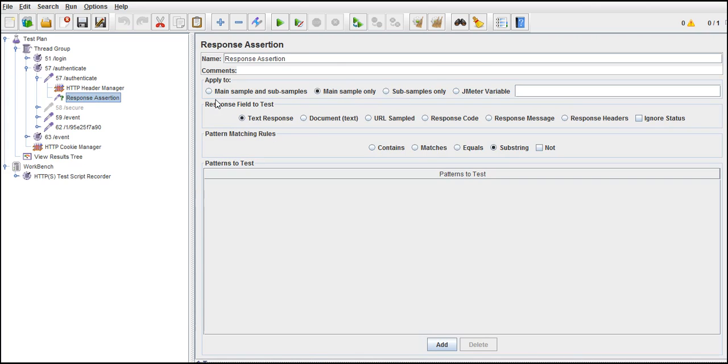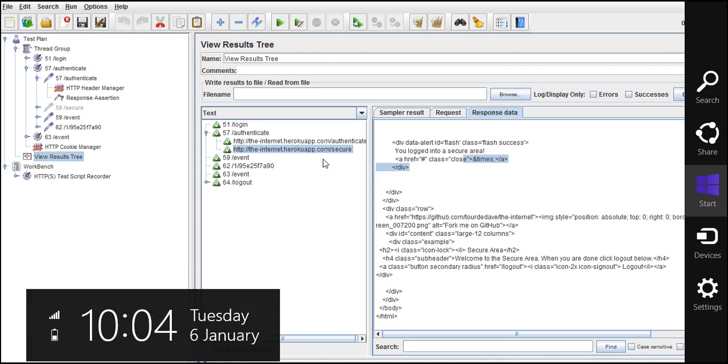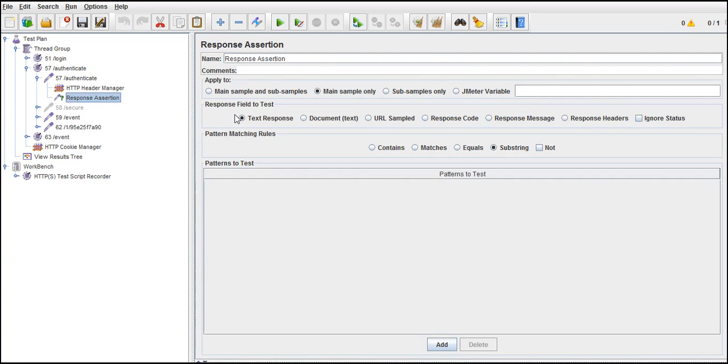In this field, it's asking what field I need to test. So check the response text. This is nothing but the response text. I selected that, and it should contain. Add whatever you want to write here. Click on add, so one row will be added, and paste it here. So that's it. It says check whether the response text contains this text. If it contains, then it's true. If not, it is false. That's it. I'll add one more assertion,